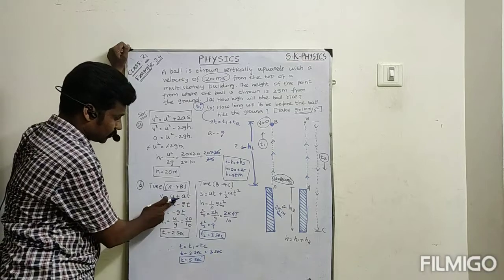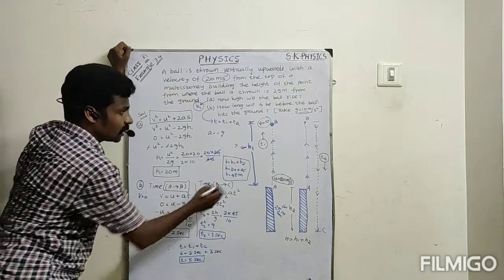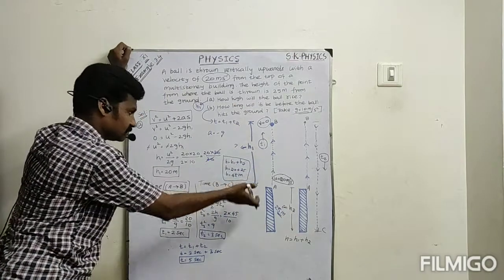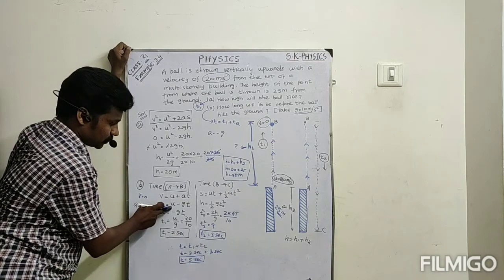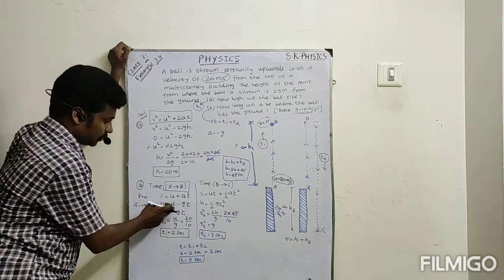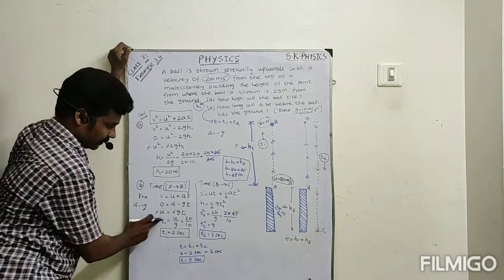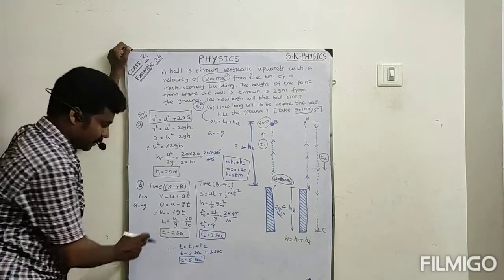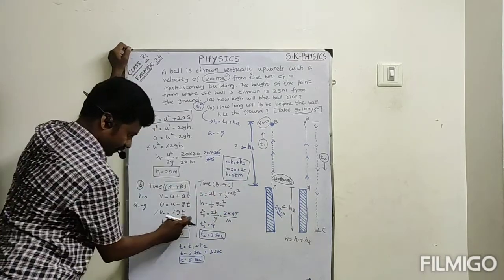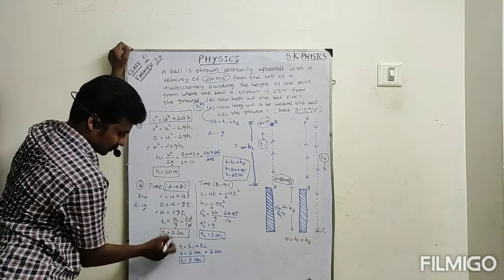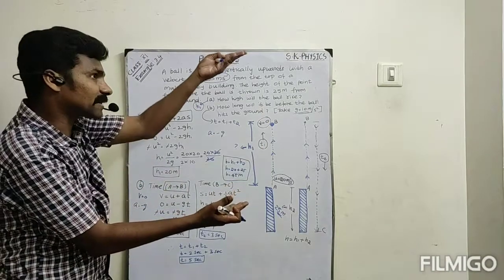Very simple, v is equal to u plus at formula. Here the final velocity v is 0, and it is moving in the upward direction, so acceleration is taken as minus g. So v is 0, u as usual, a is equal to minus g. Then u is moving this side, minus. So minus minus is cancelled. The remaining u is equal to g into t1. Therefore t1 is equal to u by g. What about the u value? 20 meter per second divided by g value 10. 0, 0 cancel, so the remaining is 2. So 2 seconds.